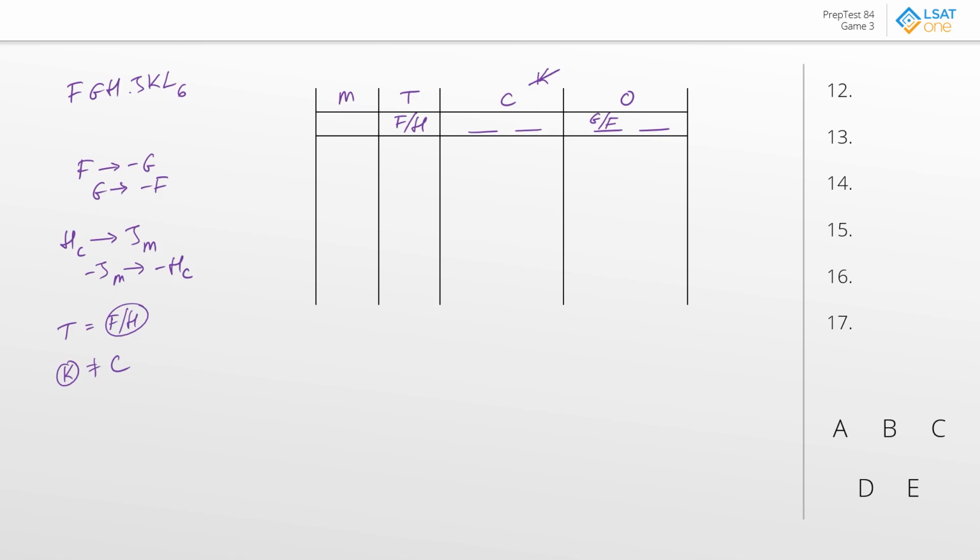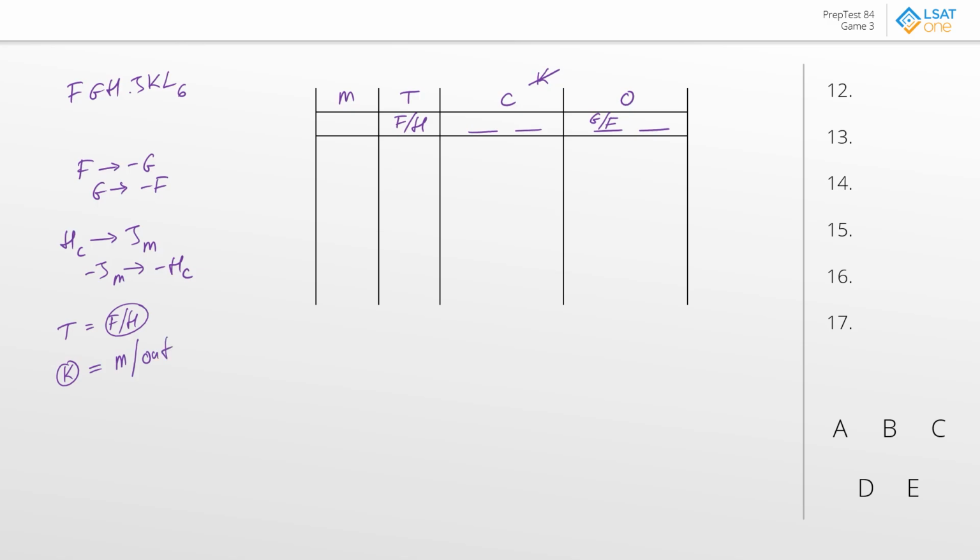Although that kind of raises the question of, if K can't be the counselor, what could happen to K? And there's actually not that many other options because the treasury is actually already taken by one of F or H. And we know that the only other slot is going to be either the mayor or out. So we can actually adapt this rule to kind of simplify this. Instead, we can basically say that K is going to have to either be the mayor or out.